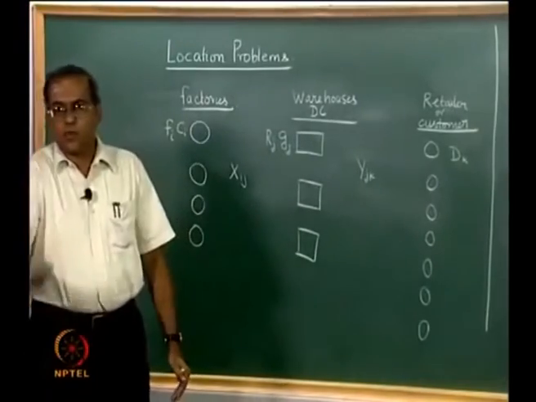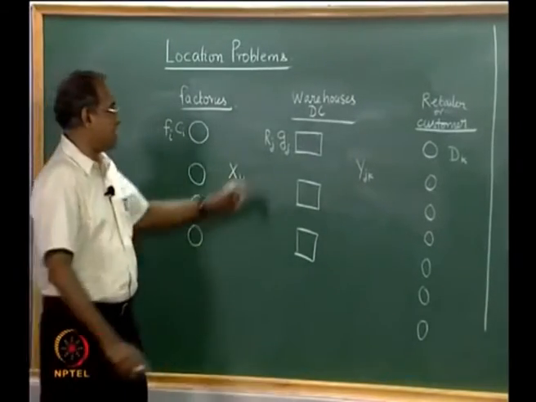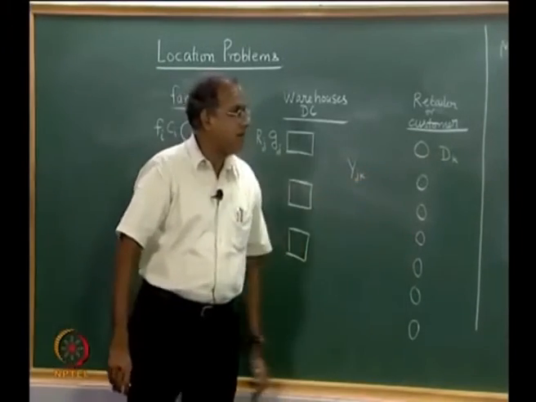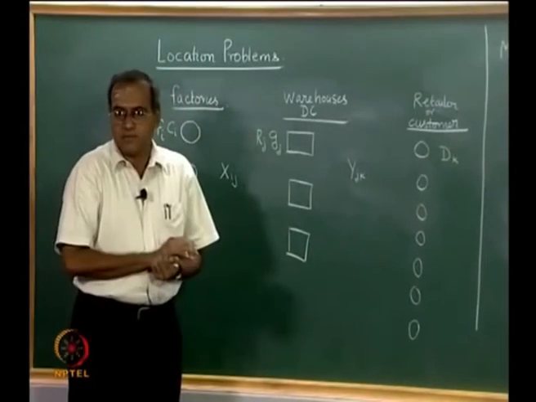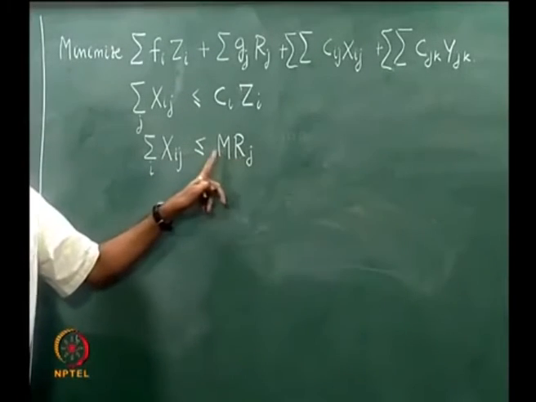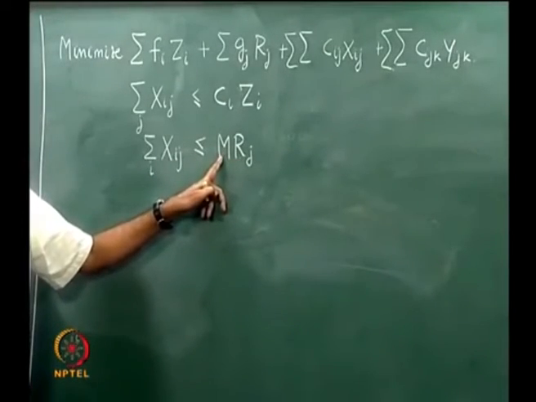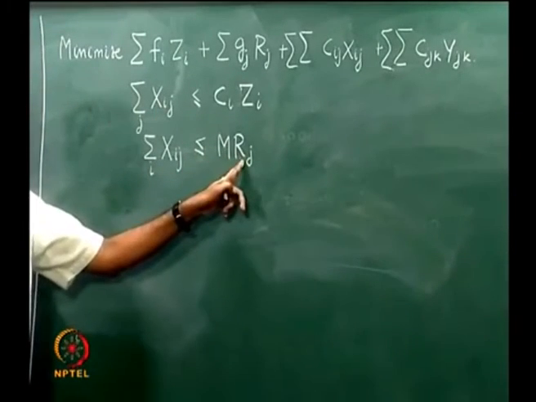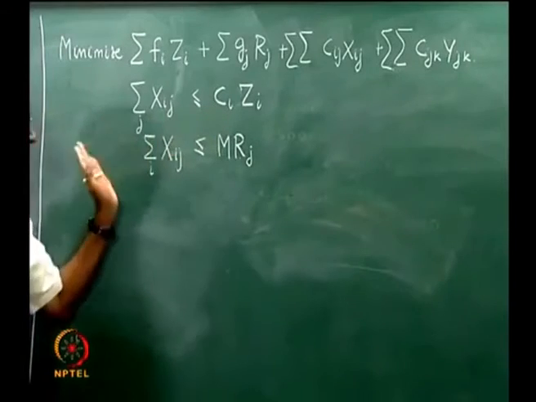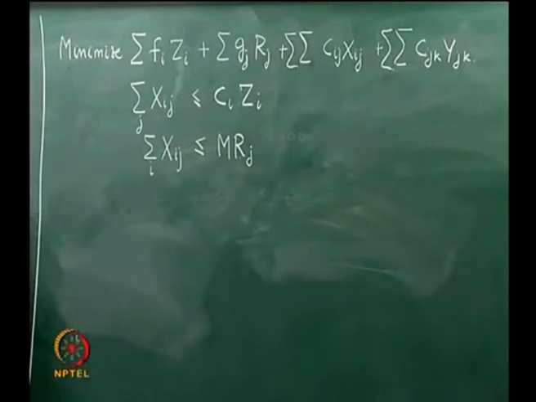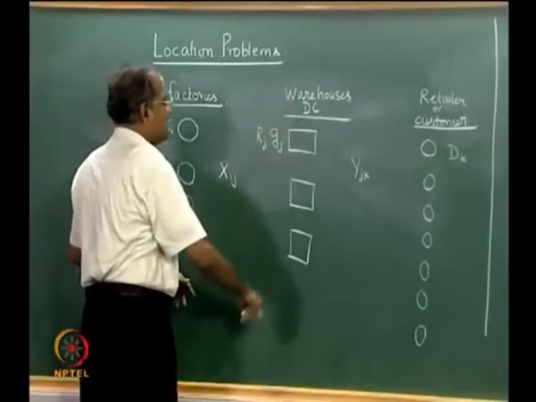So, Rj is 1 only when there is a warehouse that is opened here. So, only when a warehouse is opened it can receive something. If the warehouse is not opened, then this Rj will be 0, big M is large and positive, therefore, it cannot receive anything. If this warehouse is opened, then right now it can receive an infinite quantity, but if there is a capacity with respect to this, which is